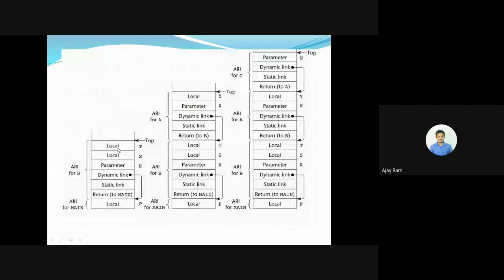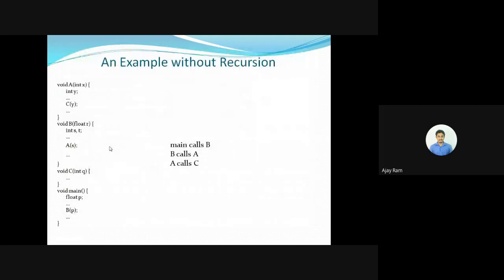Then when we go to the subprogram B, it is calling A. When we execute the subprogram A, immediately after B, the activation record of A will be created, which has one parameter and one local variable.